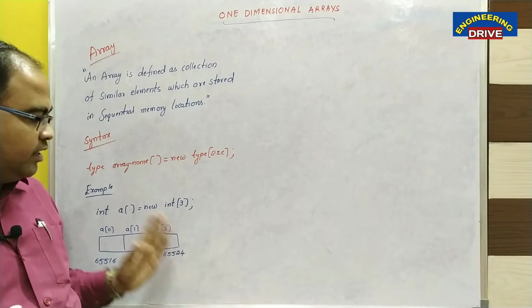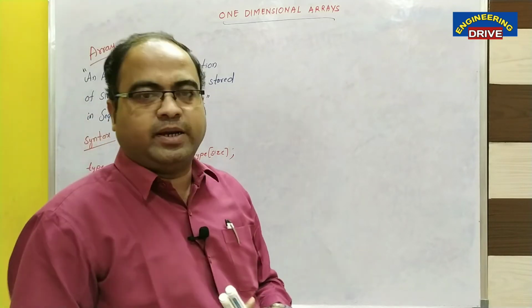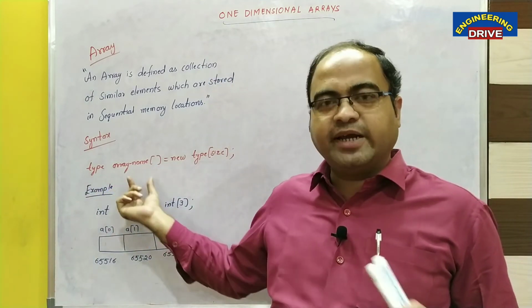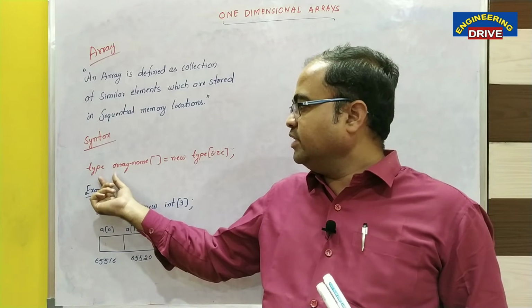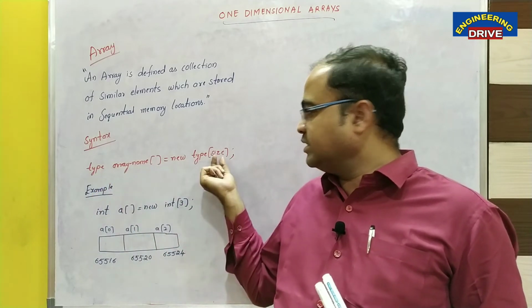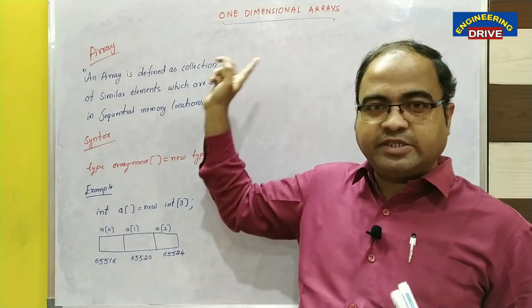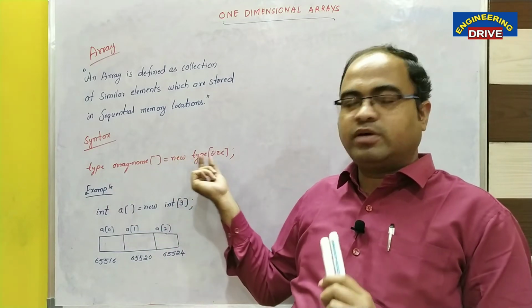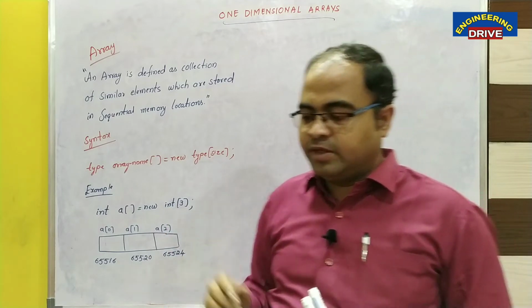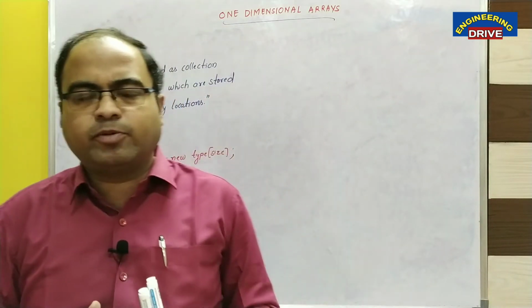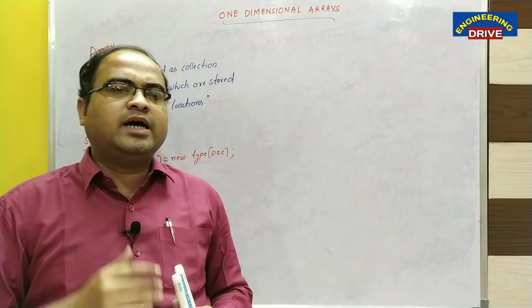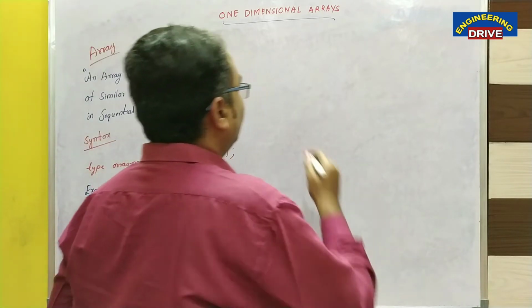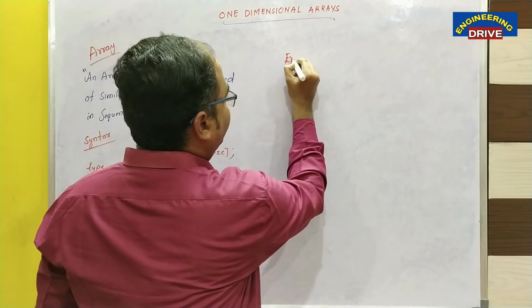Space is allocated. Now we have a clear picture about how we can use an array in our Java program. This is a one-dimensional array because only one size is there. By using the new keyword, we have allocated memory to an array. Now I want to write a Java program to display the elements of an array. How can I write a Java program? Let us see in the next example program.